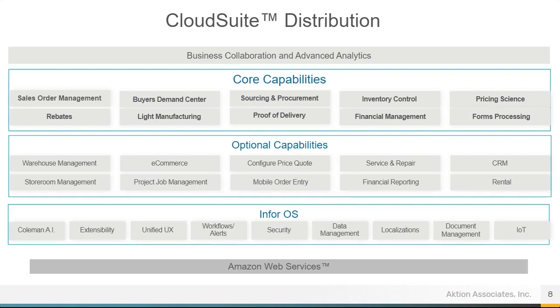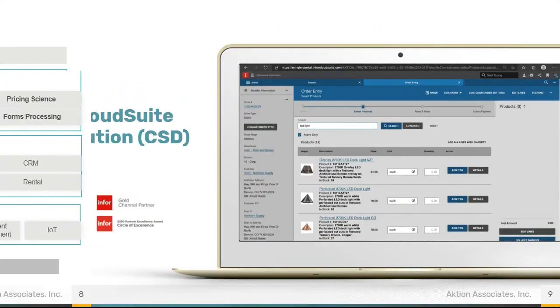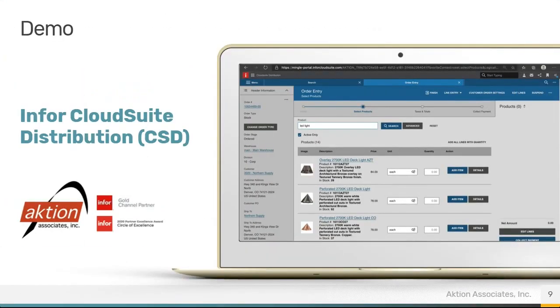Document management. Full-blown document management system is included with your subscription. So now we can digitally store those documents that today maybe you have in a metal file cabinet. If you have multiple locations, you're aware of how difficult those are to share across the enterprise. And all of it sits on Amazon Web Services, AWS. All right, at this point, I am going to share my screen and jump into